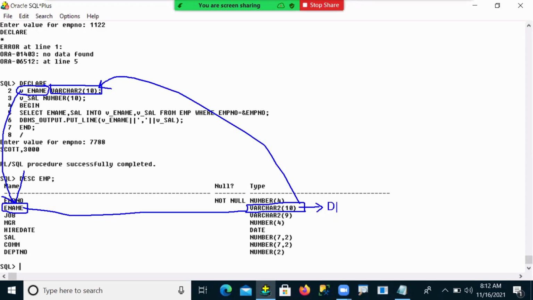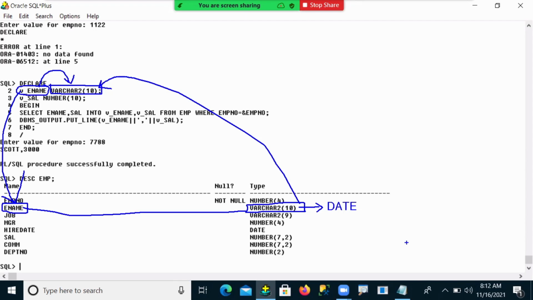Whenever the column data type is changed by the programmer in your table structure, then the variable you declared in the program for this column, with its varchar2 data type, no longer matches.